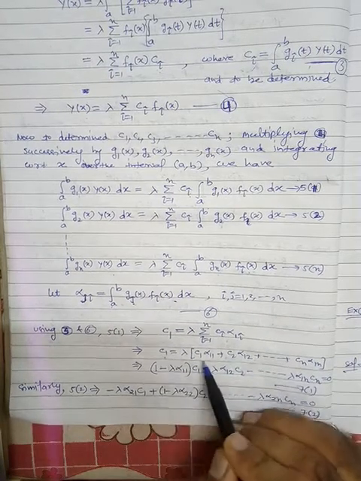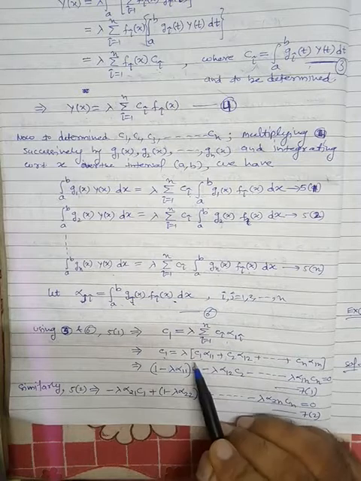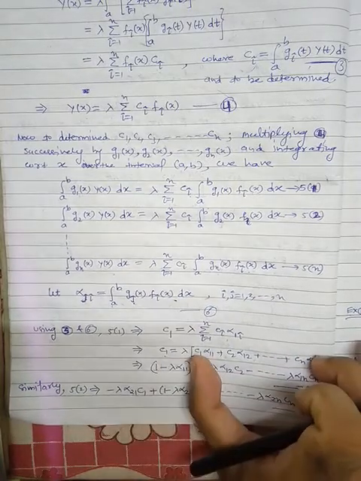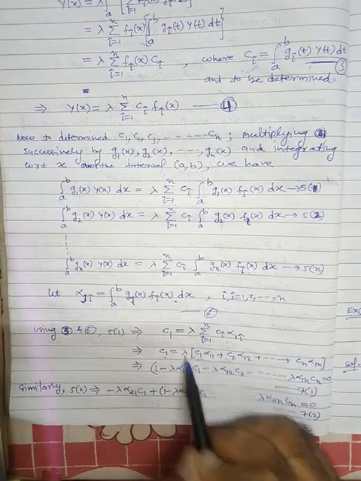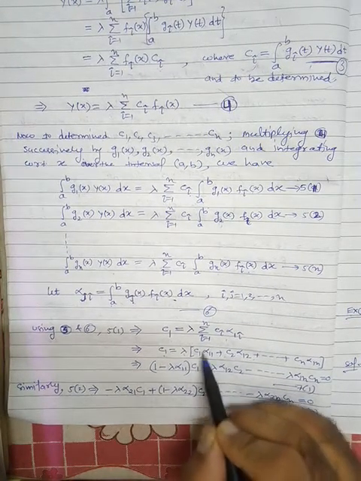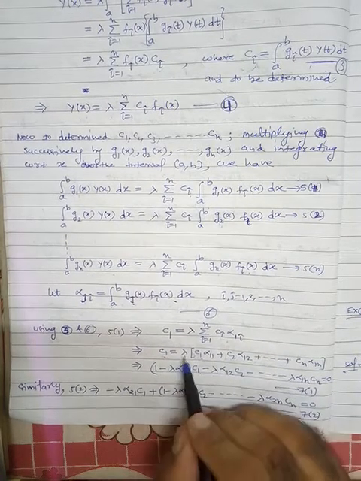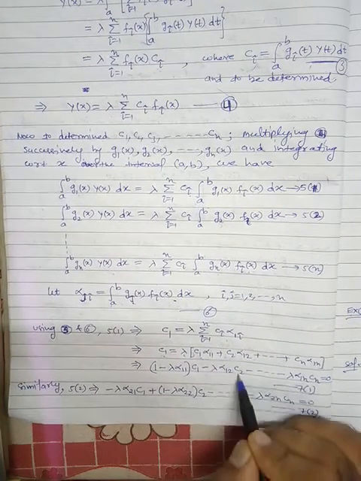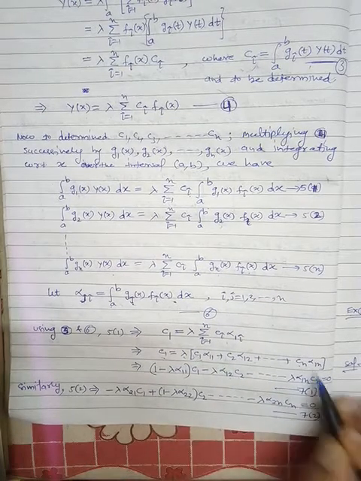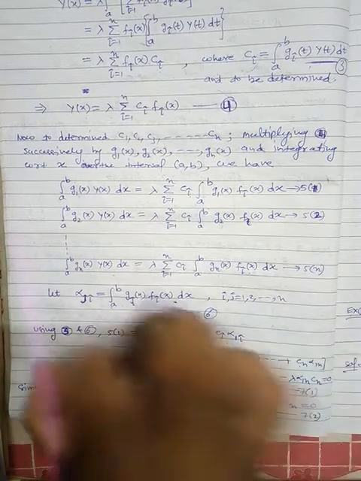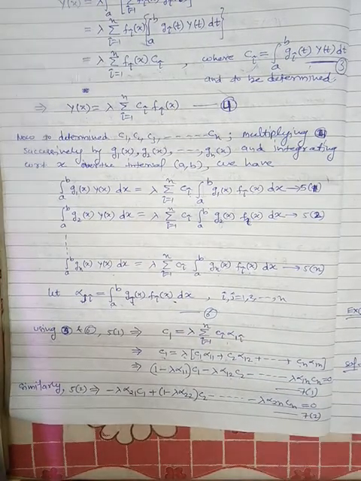So here is C1, here is C1. So when you adjust these two, what will we get? Just take this term to the left-hand side. So we get (1 minus lambda alpha 1 1) into c1. So c1 is common, that's why it is written here, minus lambda alpha 1 2 c2 and so on. Finally minus lambda cn alpha 1n is equal to 0, because each term is taken to the left-hand side, so here it will be 0. So this is equation number 7 1.